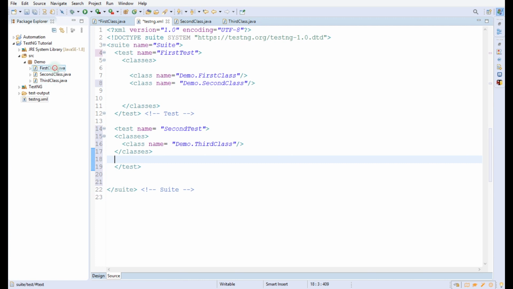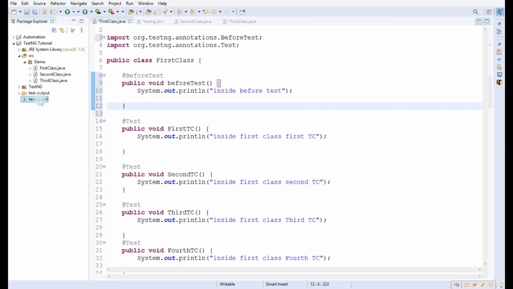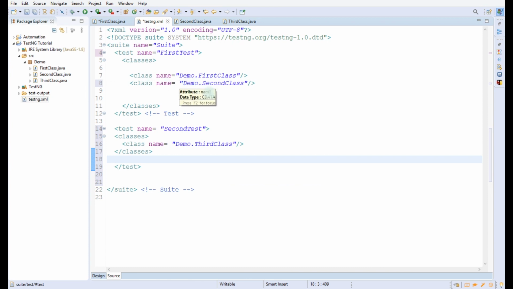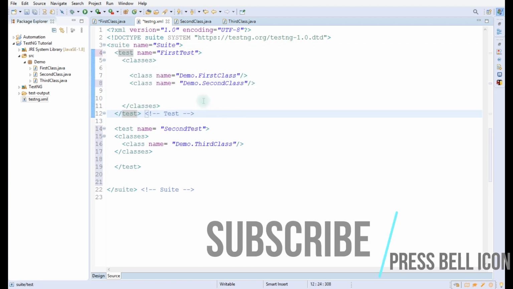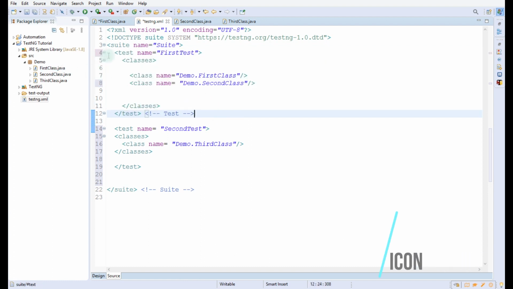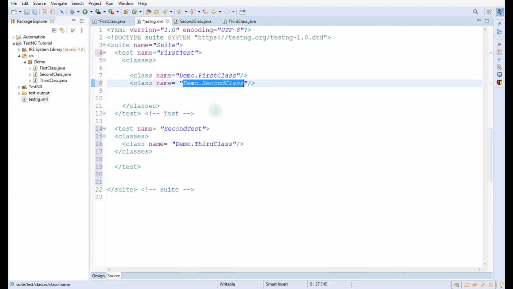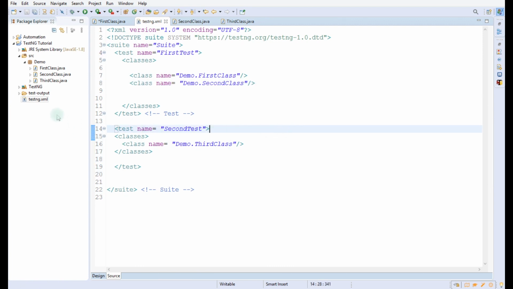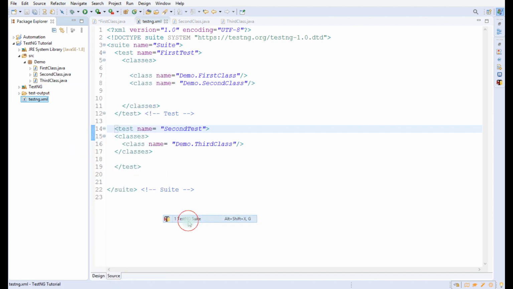So we have written the before test inside the first class. So that means the before test code will be executed before the execution of this first test. So first of all, the before test code will execute, and after that the first class and the second class code will be executed. So let us save the XML and run it, and see what the output is, so that you will have a clear understanding.